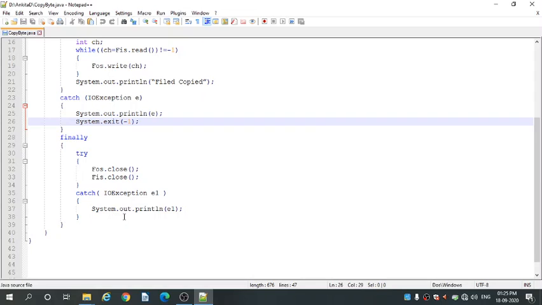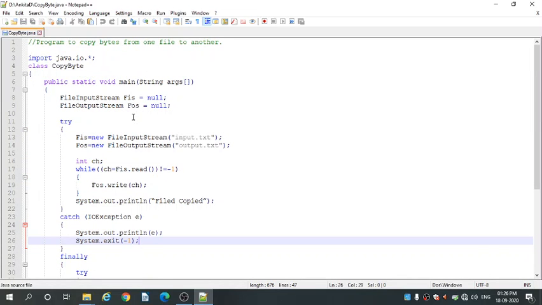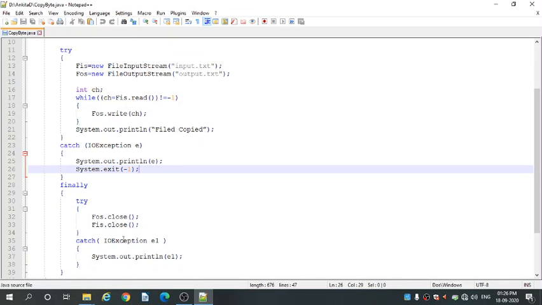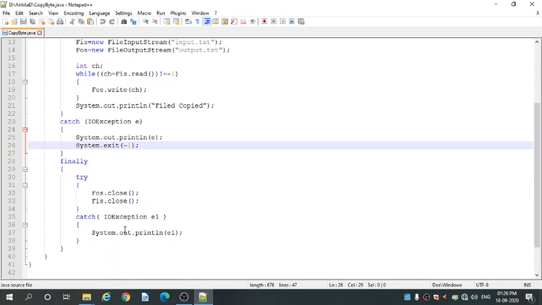We use this finally block to close or disconnect some objects. Okay. We have used the FIS and FOS objects here, which will be closed in the finally block. Okay. fos.close() and fis.close().